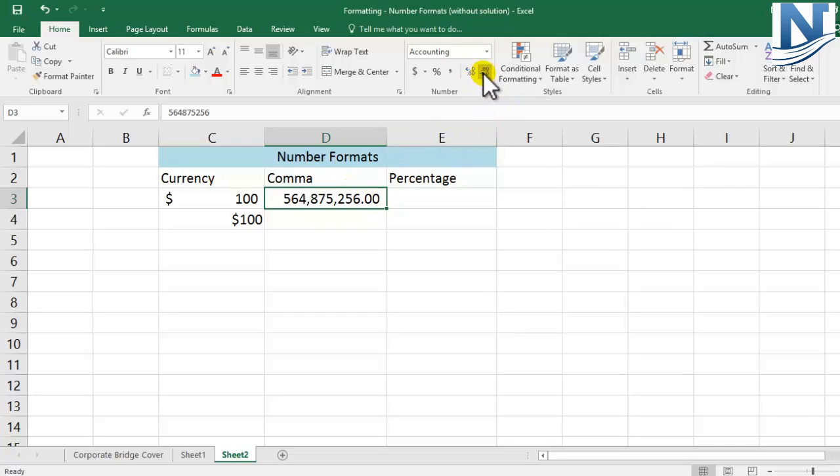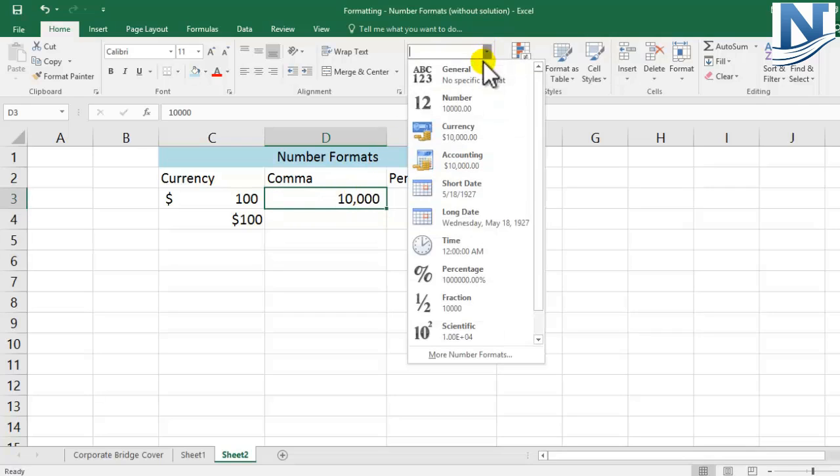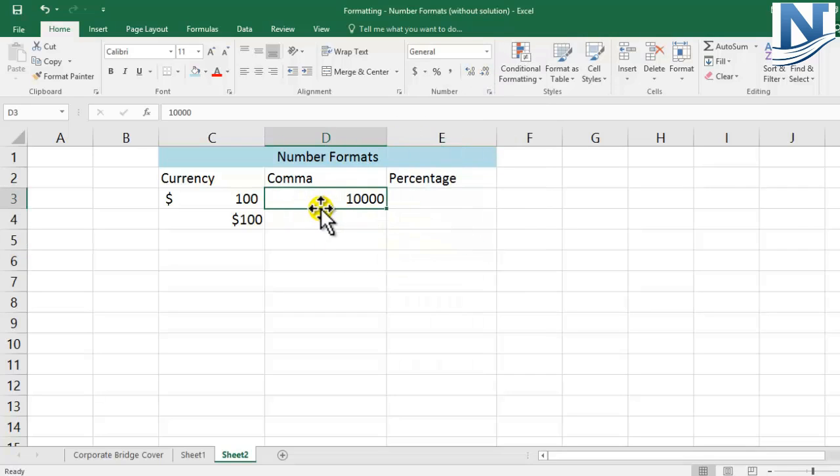So you can decrease the decimals, remove the decimals, and if you want a lower number, you can make a lower number as well. If you're confused with such a big number, I'll just delete this. Let's take 10,000. Okay, just make it general. So let's start from the beginning. Now 10,000, I want proper commas at proper places. The current format is general, but once I click on the comma style, you can see I have got proper commas with 2 decimals, and the format now is accounting. I just decrease the decimals now, and I am properly able to read this number, which is 10,000.